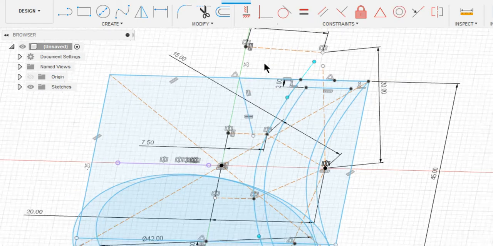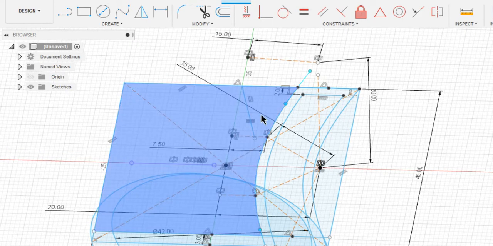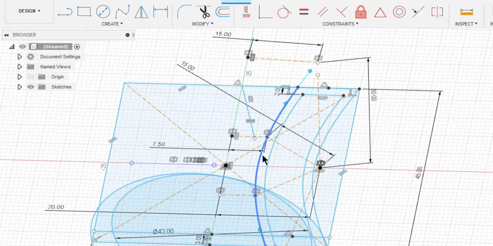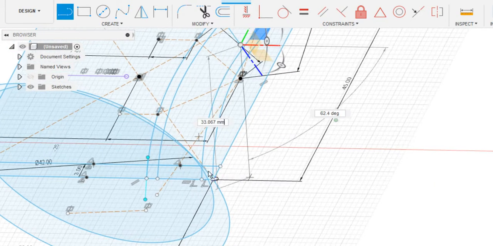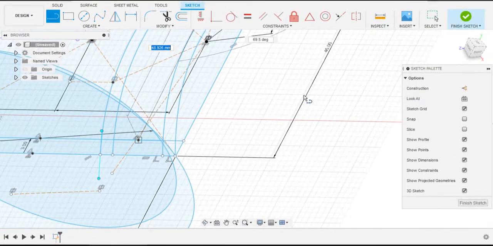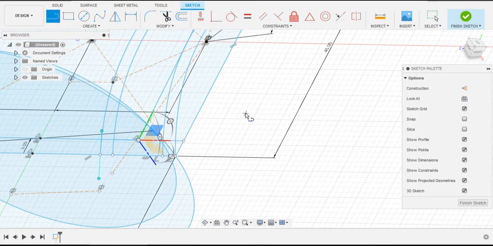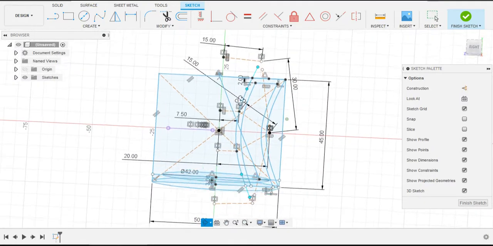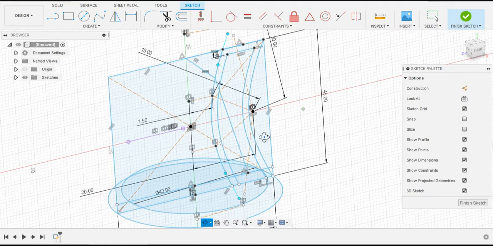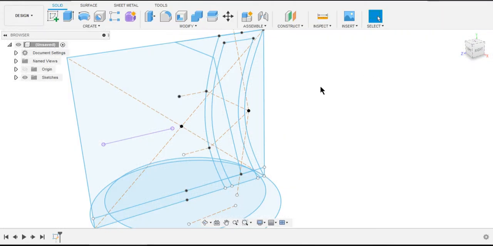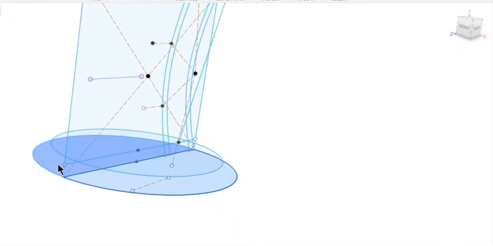Awesome, guys, awesome. Now we need to connect these 2 points, and on the keyboard choose this point and the point in here. Awesome, we are just done with the sketch. It seems messy, but I hope you will understand, guys. Just finish the sketch. Now choose these 2 profiles.